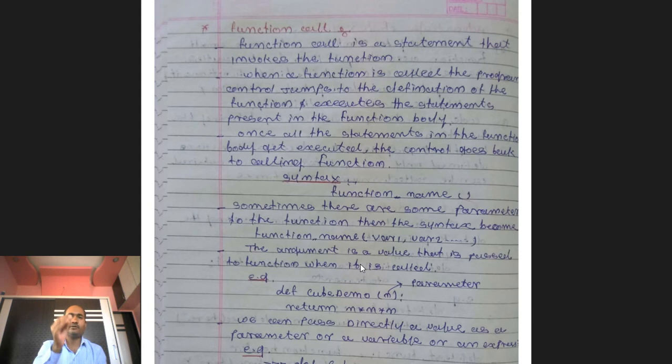What do we mean by invoking the function? Invoking the function means your execution control reaches that function name. If you want to execute a particular function given in the program, your execution control first has to go to the point where the function is defined. So for the execution control to go to the definition of the function, you need to call the function. Only after calling the function does your execution control reach the body of the function, and only then can it execute the body part of the function. Otherwise, it is not able to execute that function. So for this purpose, the function call is very important.